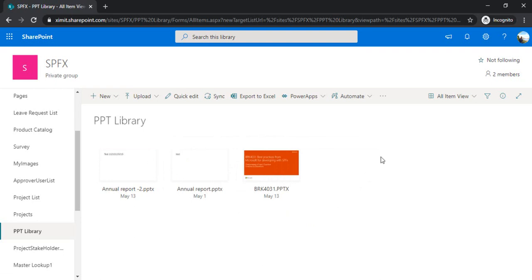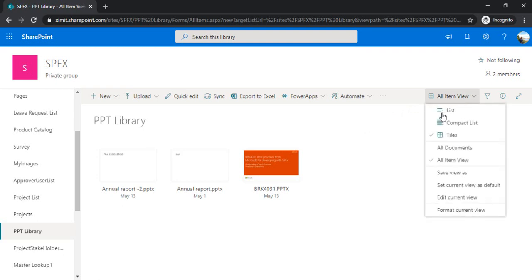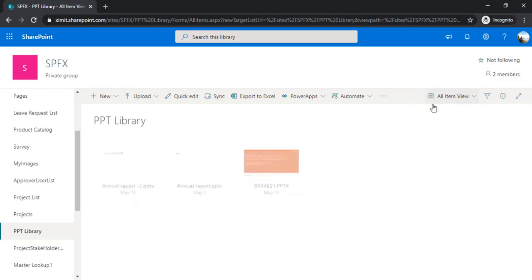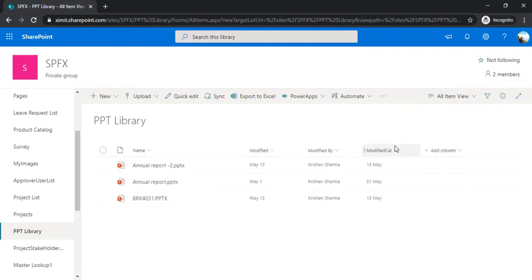But what happens when you want this tile view as the default view of this list, and you share the URL with any of your customers or colleagues? They would not get this view. Why? Because SharePoint lists and libraries cache the current type of view, and the default is always list. So though you are sharing this tile view, your colleagues would not see these tiles; they by default see it as a list. So how to circumvent that?